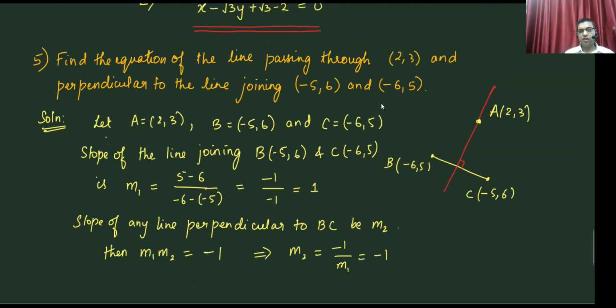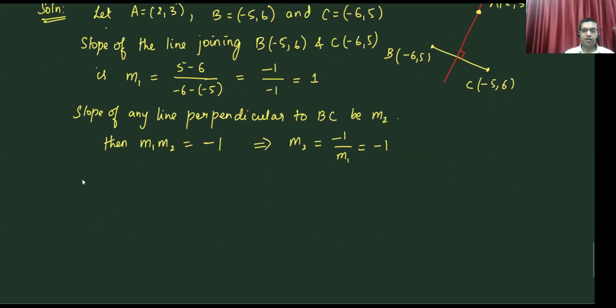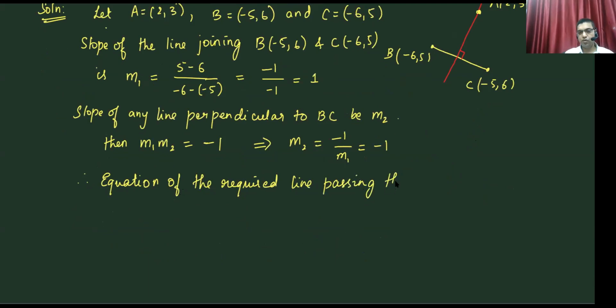So we want the slope of this red line, which is minus 1, and it passes through 2 comma 3. Now you have found the slope and you know the point through which it is passing. So you can write the point slope form. Therefore, the equation of the required line passing through A(2, 3)